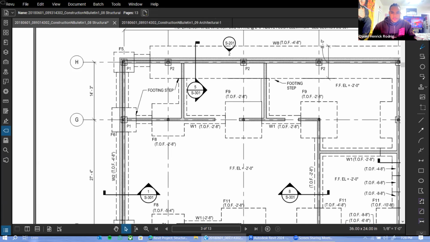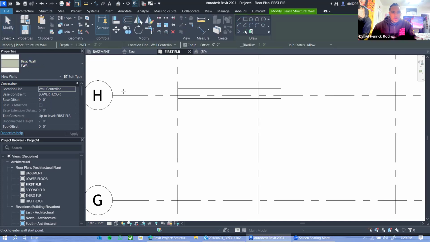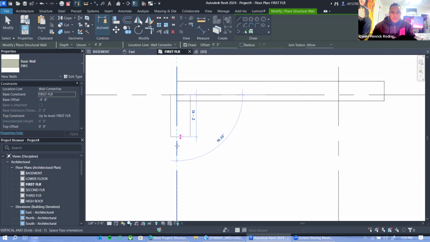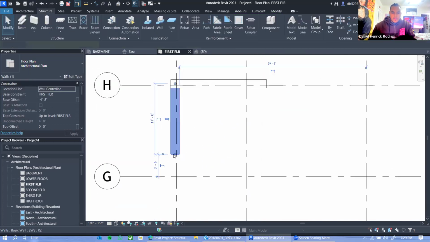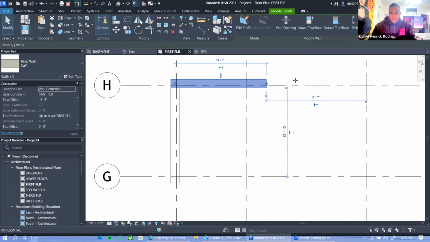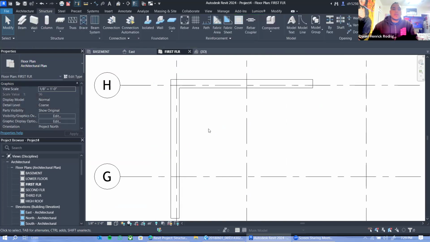And as I was mentioning, it goes around the outside, so I'm going to keep drawing it, and I'm going to try to show you guys the corner of the building. So we have the 3-inch offset, and then the base offset should be -4.8, and we want it to be first floor to first floor. We're going to apply that. Okay, it's going down, so I'm going to actually start from here and go to the top. All right, and then I'll just extend the wall down and to the right. Okay, now that we have the wall,